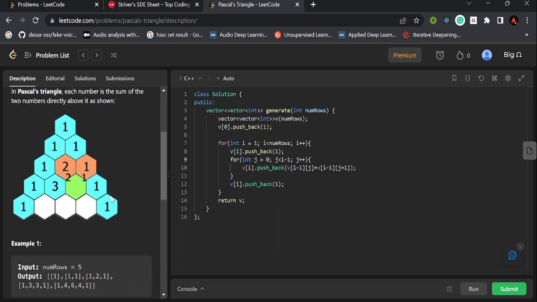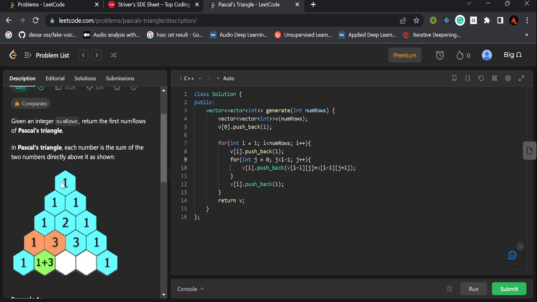Above we can see the animation: in the first row there is only one element, that is 1. In the second row we have to print 1 at the start and the end of the row. Then in the third row we have to print 1 at the start and the end, and in between will be the sum of the above two elements, 1 plus 1 is 2, so it is 1 2 1. In the next row 1 will be printed as it is, then 1 plus 2 is 3, then 2 plus 1 is 3, and at last 1 will be there,